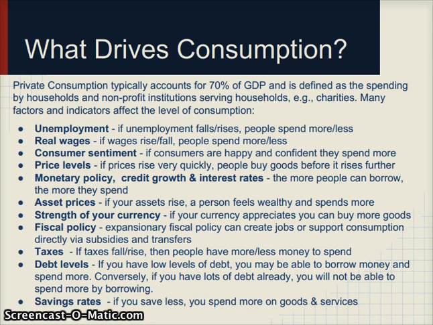So if my taxes fall, let's say I pay 50% tax, which I don't, and then it falls to 5%, then I have 45% of my income to play with. So I may decide to save some, but I also may decide to consume more. So if a government increases or decreases taxes, then that can also affect how much disposable income you have in order to consume. So if they increase taxes a lot, then you'll consume less. If they decrease taxes, you'll probably save a little bit, but you'll also spend more.